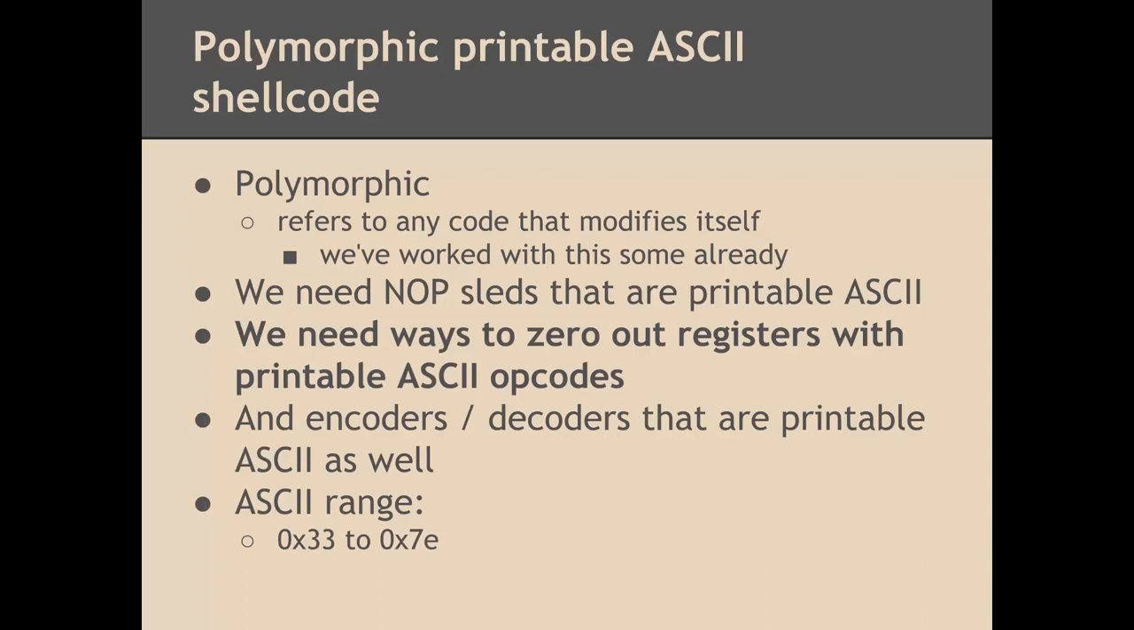And there's 2 ways to do this. Well, there's actually 2 techniques that allow you to do this: polymorphic code as well as encoding. So polymorphic code refers to any code that modifies itself. You can have shellcode that adds a random amount of NOPs to itself, and that would be polymorphic code